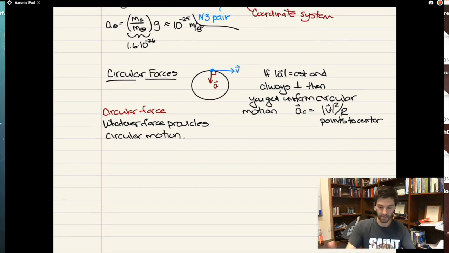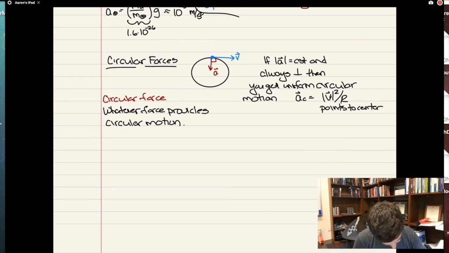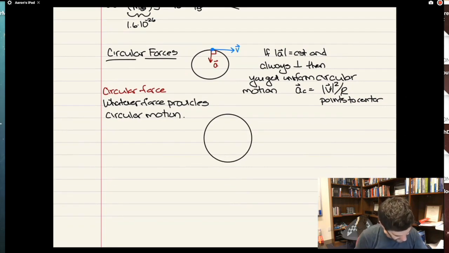If there's a force in your problem that is always pointing perpendicular to your velocity, for example, that force is what will cause your object to move in a circle. It is not a new force in addition to everything else. Oh, that's a good circle. For example,